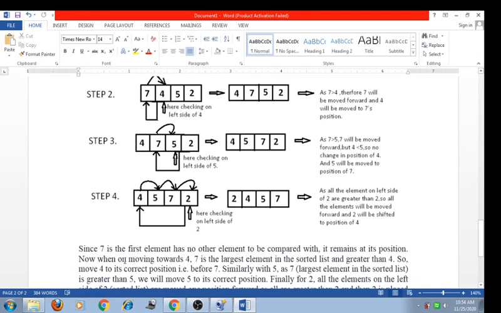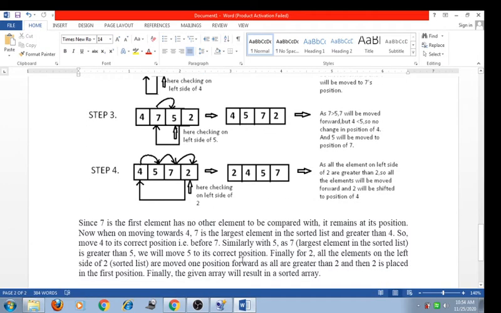Since 7 is the first element, it has no other element to be compared with, so it remains at its position. Now, moving toward 4, 7 is the larger element in the sorted list and greater than 4, so move 4 to its correct position, that is before 7. Similarly with the 5, as 7 is the largest element in the sorted list and it is greater than 5, then we will move 5 to the correct position.